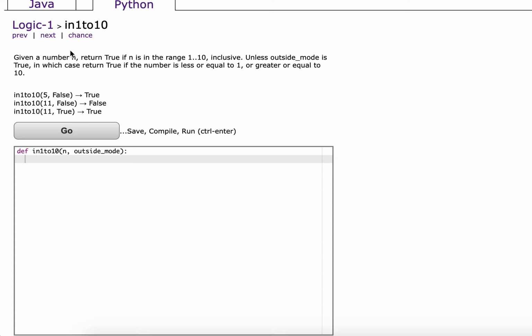Given a number n, return true if n is in the range 1 to 10 inclusive, unless outside mode boolean is true, in which case return true if the number is less than or equal to 1 or greater or equal to 10. Okay, so